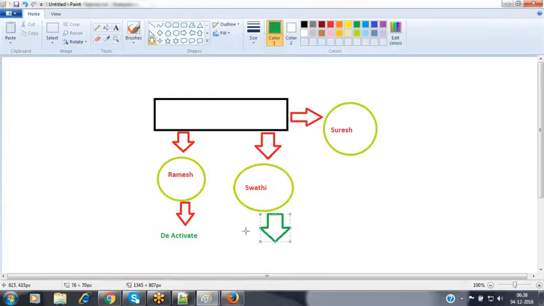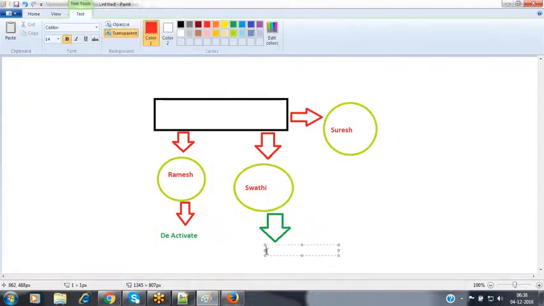We are going to freeze that user. Freezing the user means suspending the permissions of this user for some time, till she recovers from her health issues. Suppose after 1 month she is feeling well and ready to work from home, then I would like to grant access to her. Till she recovers, I would like to prevent her login access to my application. But when coming to Ramesh, I have permanently removed that access here.